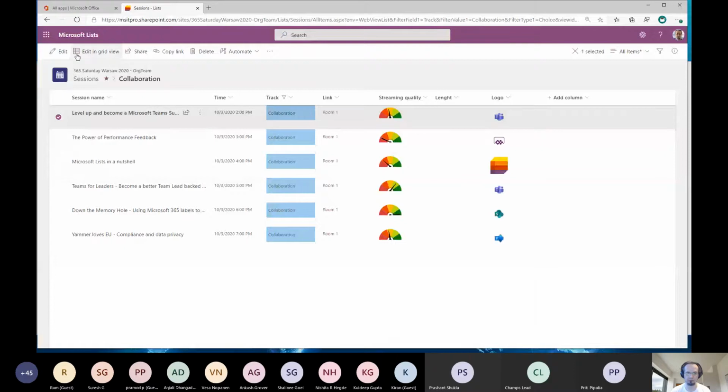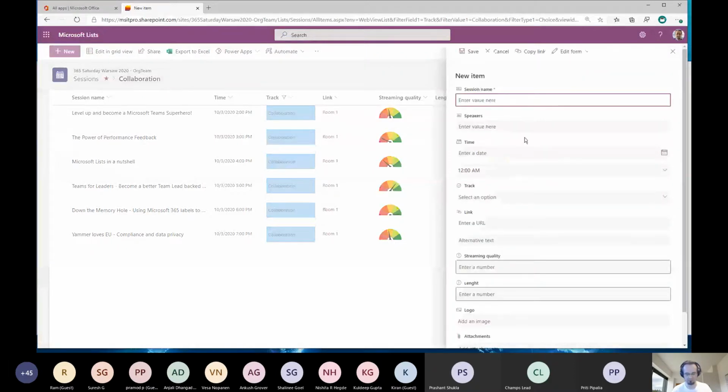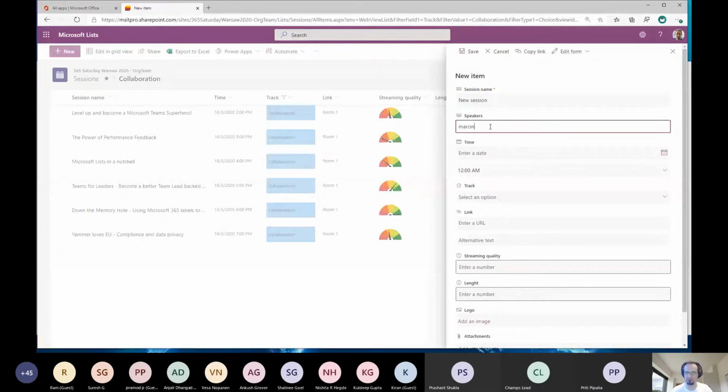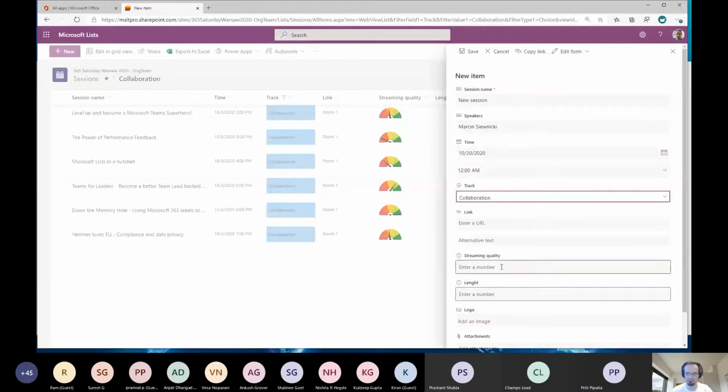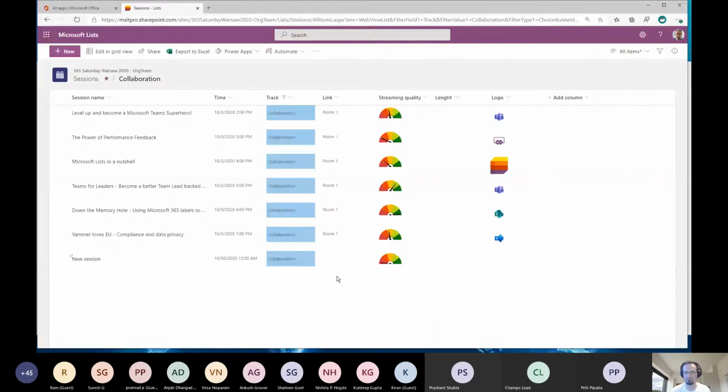I can of course add a new item to my collection, with a speaker, for example. Quickly add some item. Today track. That's it, and the item appears here. So you can quickly add your items to the list and store a lot of data.